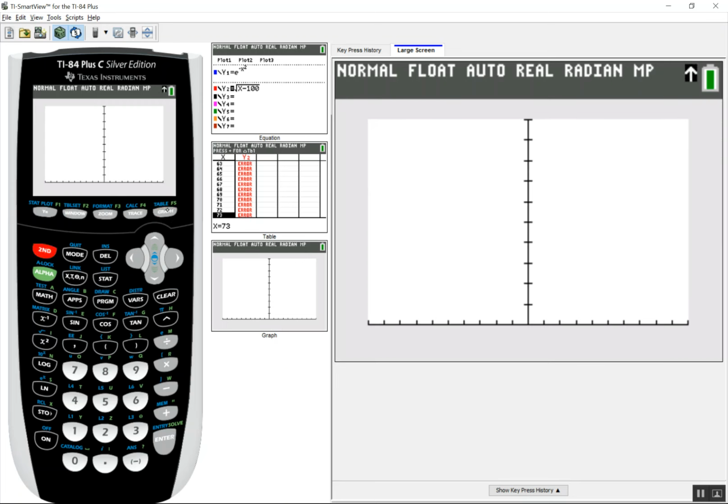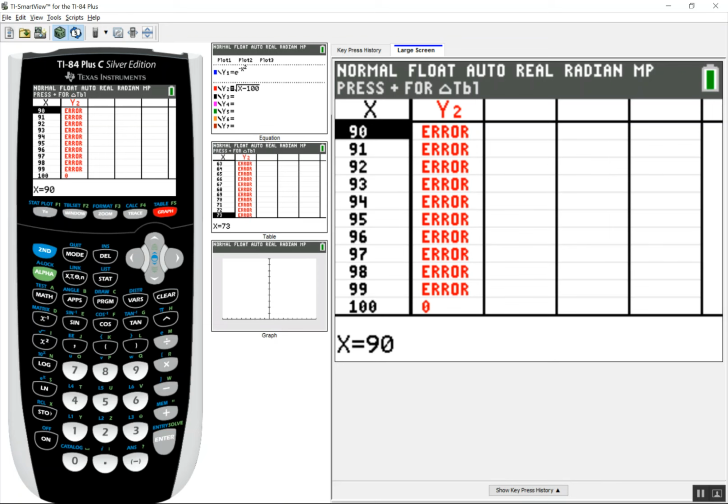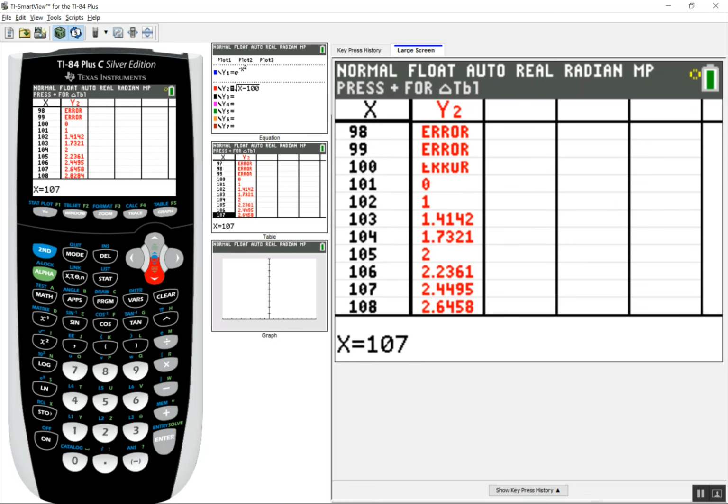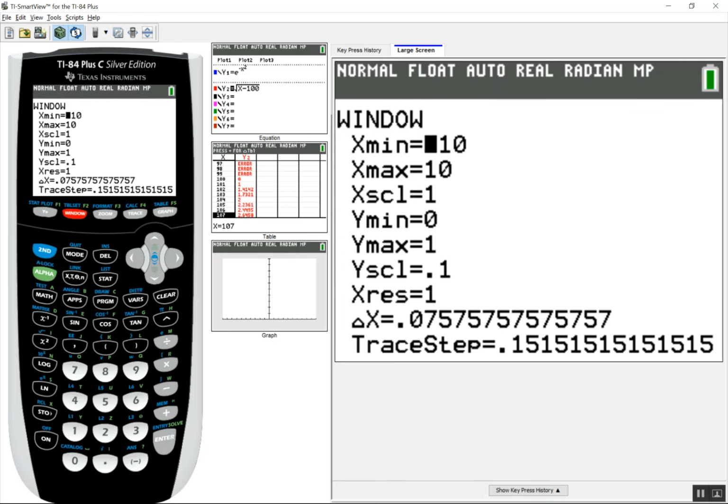Oops, I don't want to graph it. Notice that, voila. That's French for here it is, if you didn't know. We start at 100 and now we start getting numbers. So this suggests that we should start our x values in our window at 100 and go from there. So that's what we're going to do. We're going to move our window from 100, and I guess let's go to 110